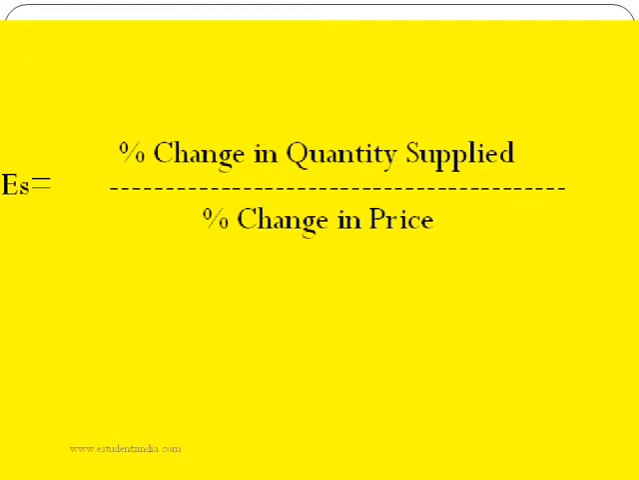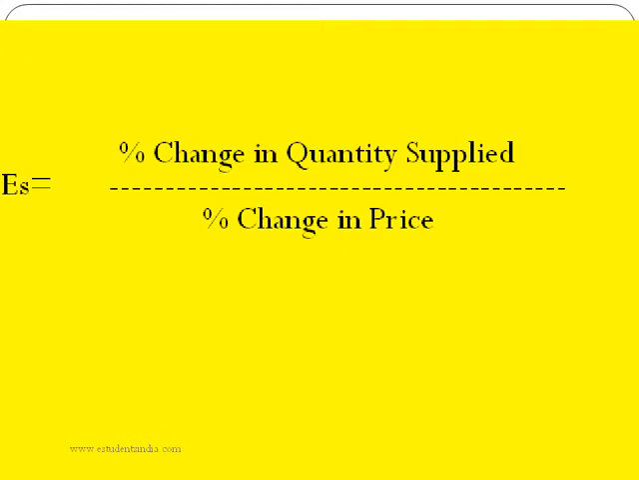If the price of a tablet PC rises from rupees 2000 per unit to rupees 2500 per unit, and in response to this rise in price, the quantity supplied increases from 2500 units to 3500 units, what is the elasticity of supply? Elasticity of supply is equal to percentage change in quantity supplied divided by percentage change in price. If P is the price, Q is the quantity, delta P is the change in price and delta Q is the change in quantity, then percentage change in quantity supplied is delta Q divided by Q. Percentage change in price is delta P divided by P. So, elasticity of supply is equal to delta Q divided by Q divided by delta P divided by P,